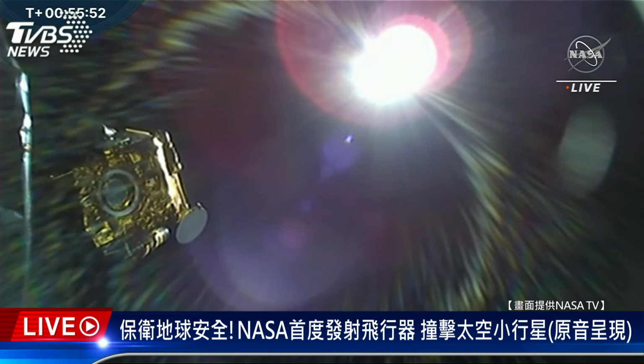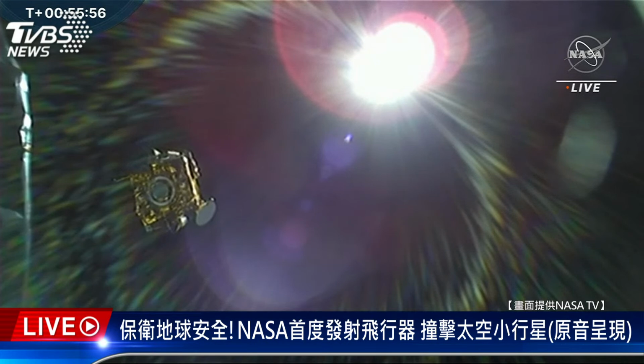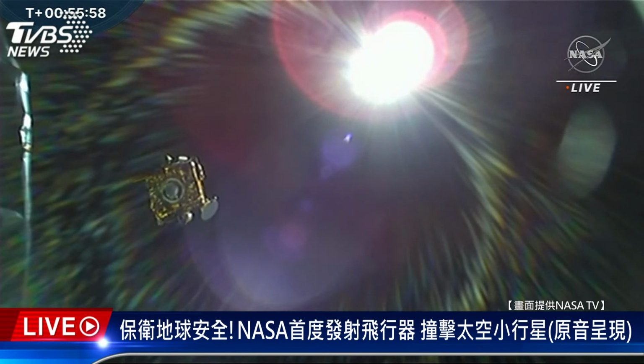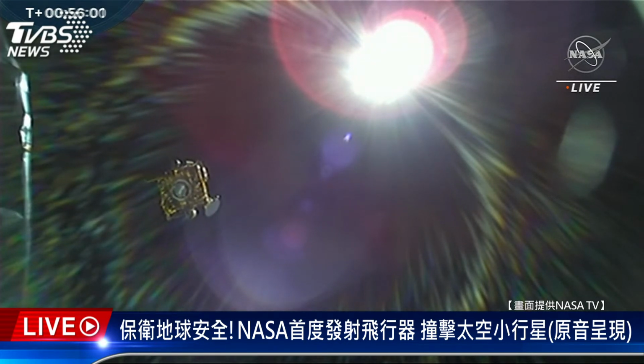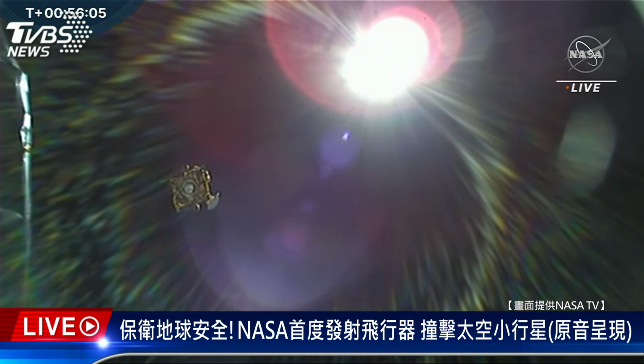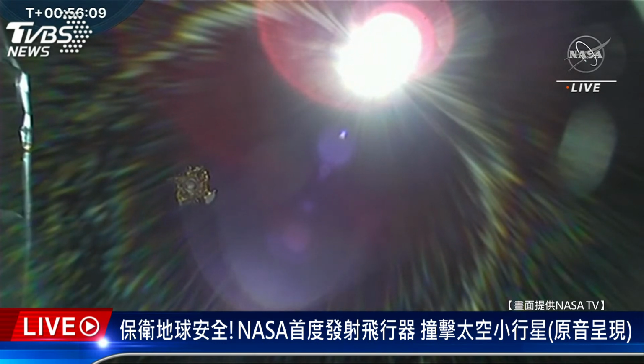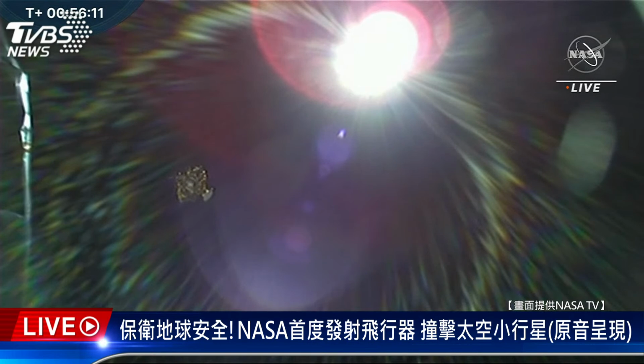You can see the video of the DART spacecraft heading on its way to the Didymos system. What a spectacular view of DART. Yep. Just floating away from the Falcon 9 second stage. And you can see the sun off to the side there as DART drifts away from the Falcon 9 second